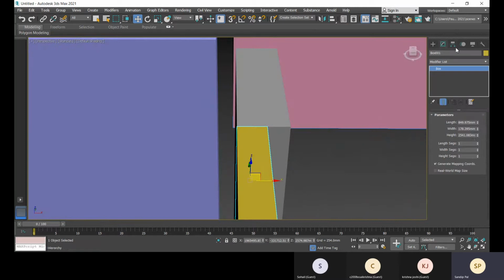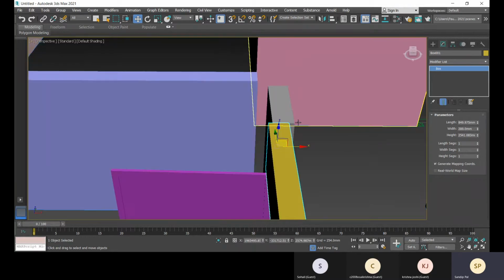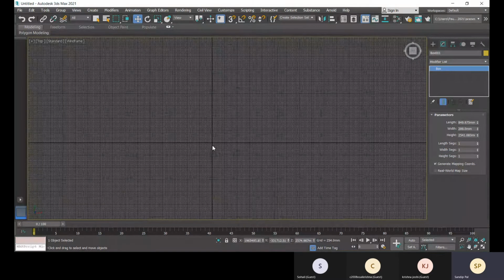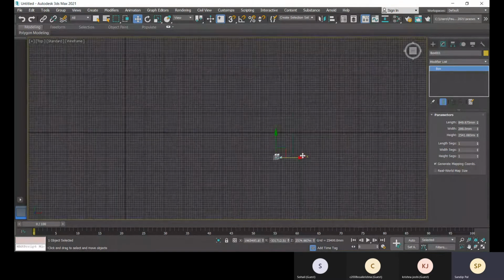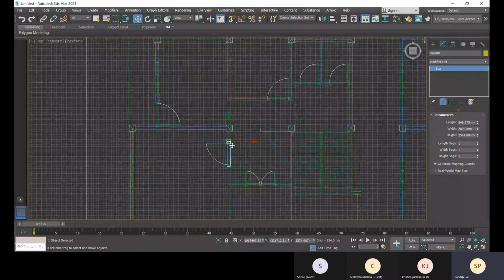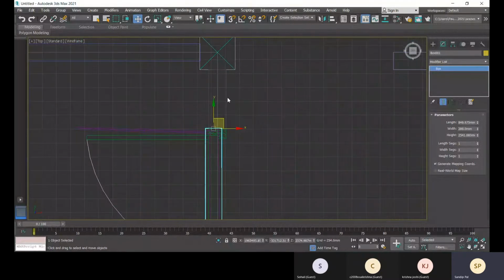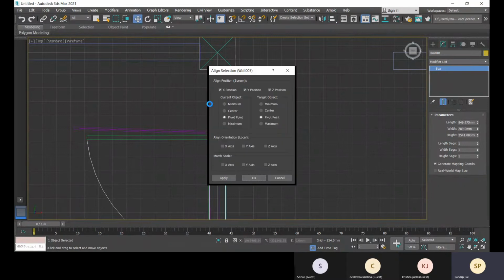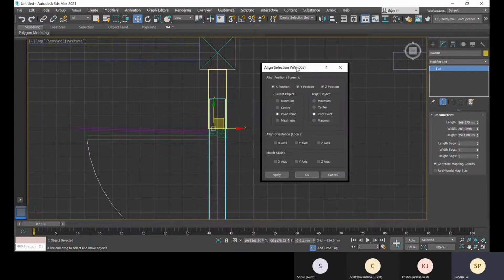And you can go to modifier and change the width. Okay, from the top view, go to the top view, and you can align with it.